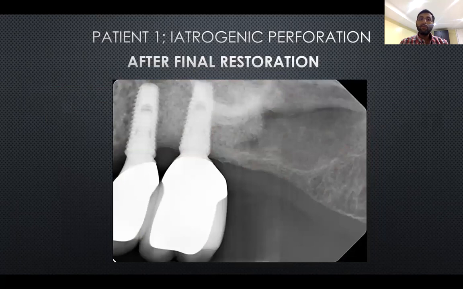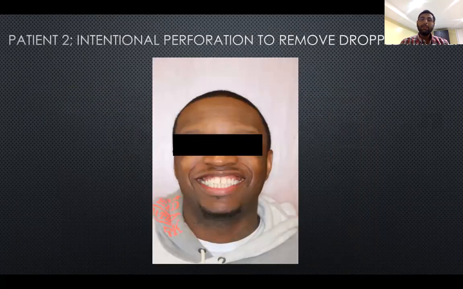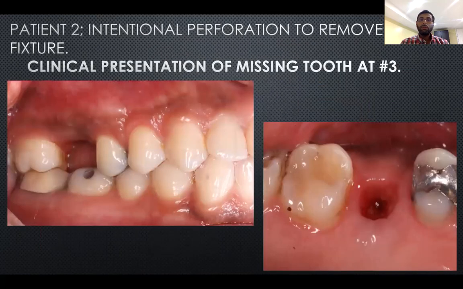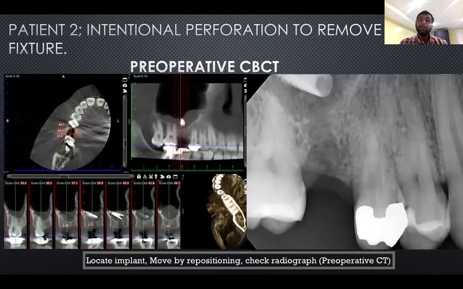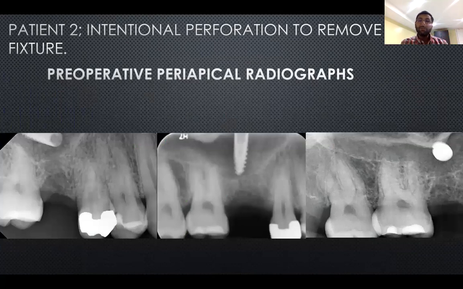And then after 7 months, the final restorations in place are seen. This is the second patient, on the right side of the poster. This is how he presented, from having an attempted transcrestal procedure in a private practice. He had the implant dislodged into his sinus. As the patient moved his head into different positions, we can see that the implant was